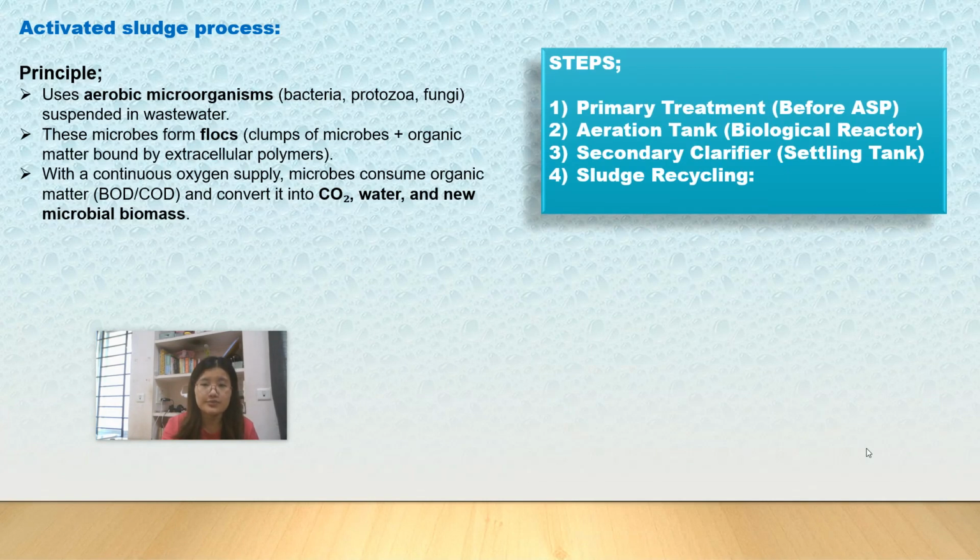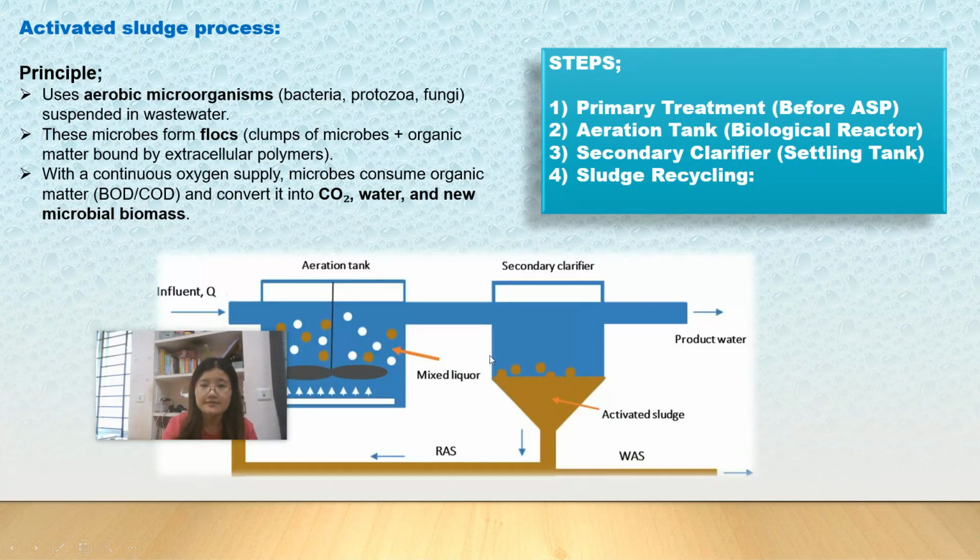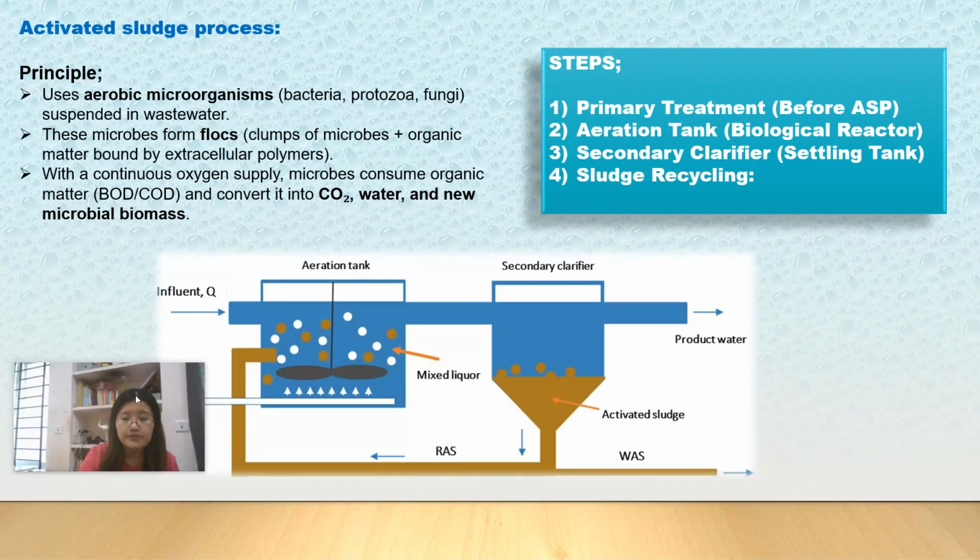The steps include primary treatment, aeration tank, secondary clarifier, and sludge recycling. So, what happens here is that in primary treatment, the wastewater is first screened and settled to remove large solids, forming a primary sludge. They are first screened, and the second step takes place in the aeration tank or biological reactor,